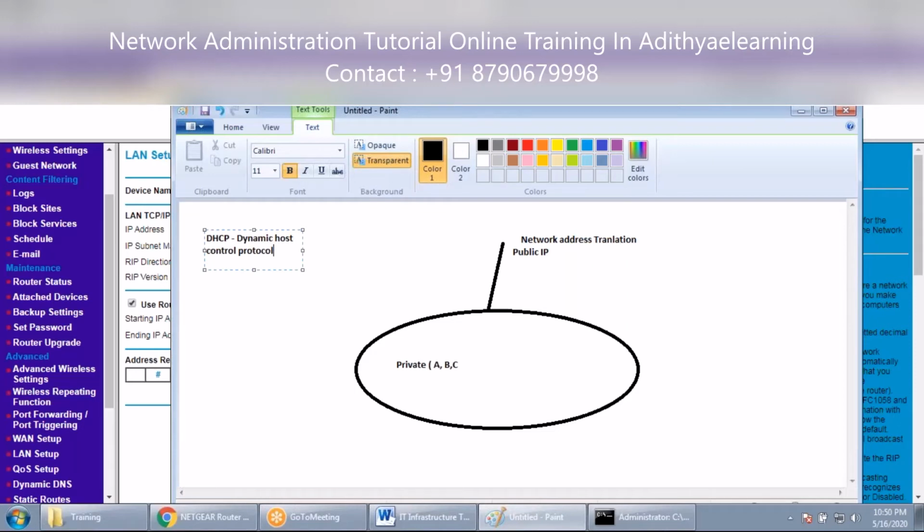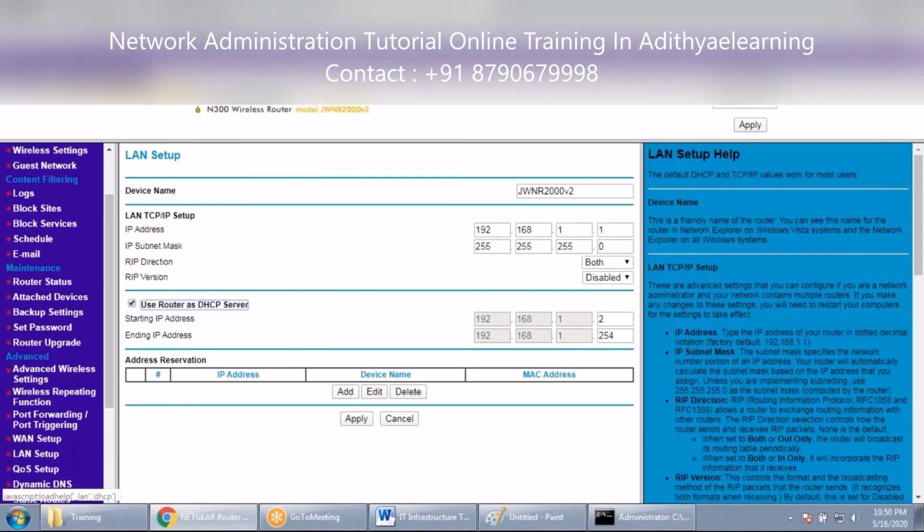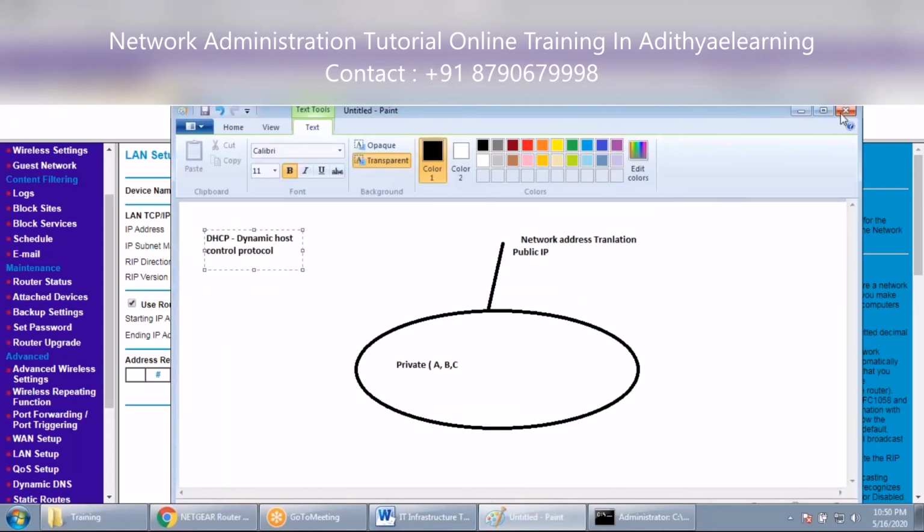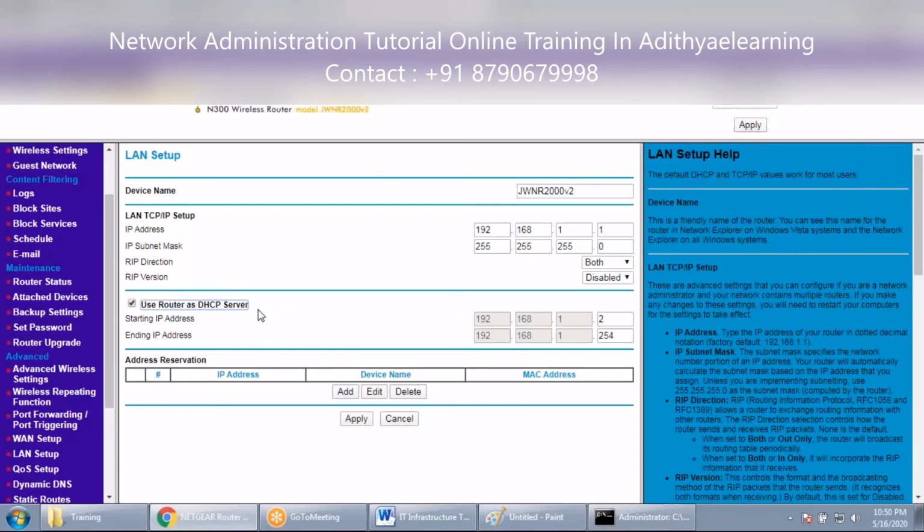So your question is how the IP allocation is happening, right? DHCP is responsible. Its full form is dynamic host control protocol. Its job is, those days, 15 or 20 years ago, we used to go to every system like this, to the local connection,